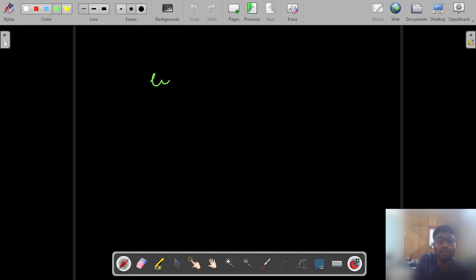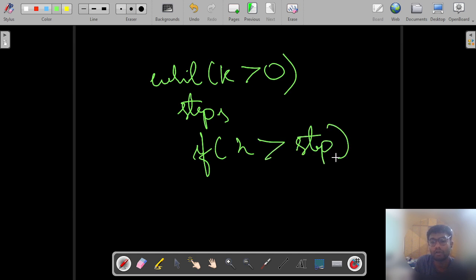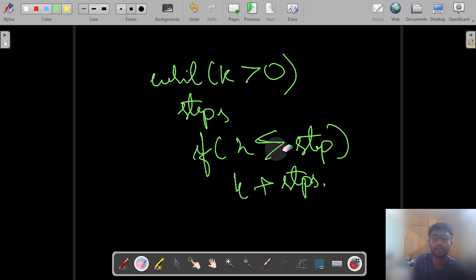So we calculate, while k is greater than 0, we check the steps with the function that we have, and if k is greater than the steps, then we add the step to k. So